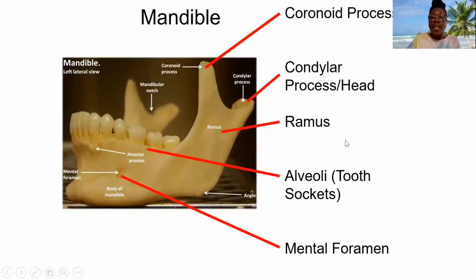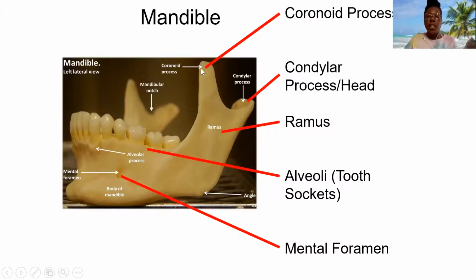Next, we move on to the mandible. The mandible is pretty much the inferior part of the oral cavity. It's a singular bone, so don't get confused here. The maxilla are paired, but the mandible is a singular bone. Some of the important features of the mandible are the coronoid process, which is the anterior superior projection of